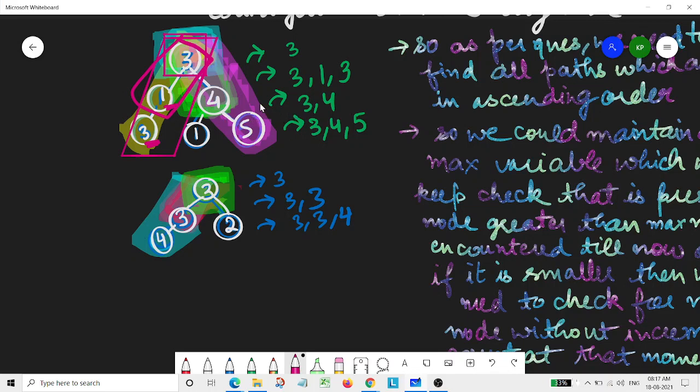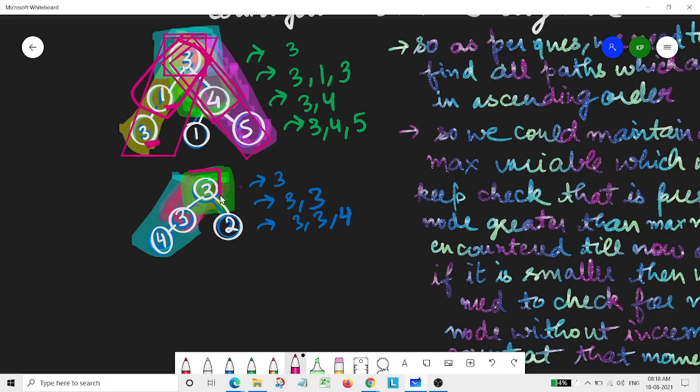Now we get to the right subtree. So here we have 3 and 4. Here 3 was smaller than 4, so that's why we can take 4 as a good node. And next in the row there was 3, 4, 5. So here also we can take this as a good node. So basically there are a total of 4 good nodes in this tree.